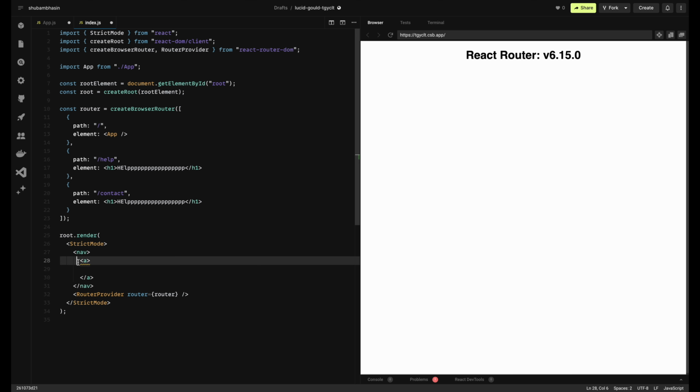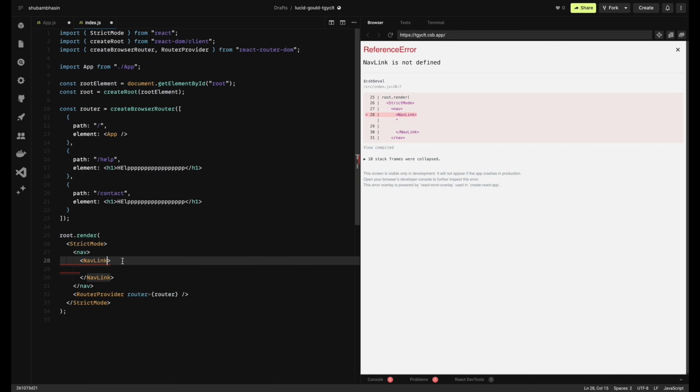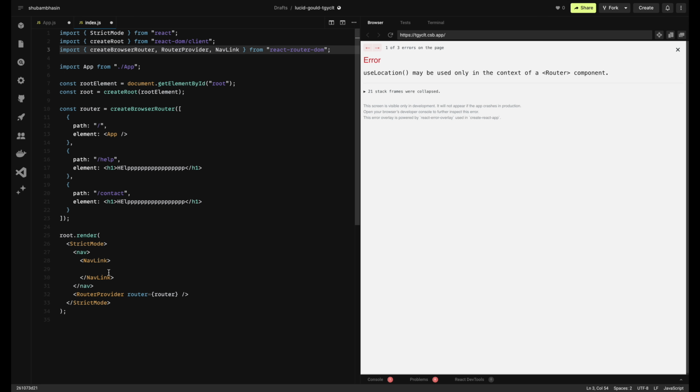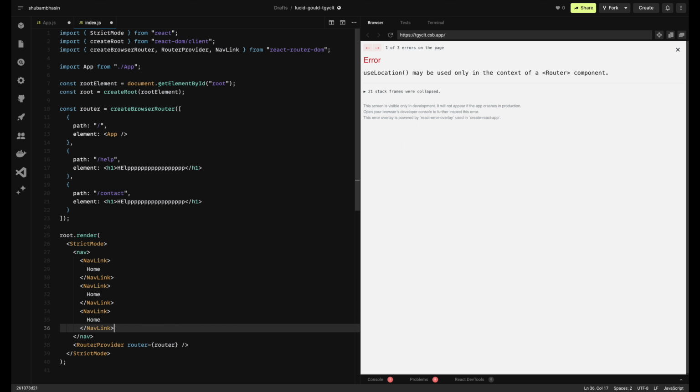Okay, just like that, these are anchor tags. But for a React router, we don't use anchor tags because they provide a refresh experience. We provide nav links, and I'll copy nav link and I'll again import nav link from React router DOM, right? So we have nav links here. Let's put the first link that says home, right? I'll copy this and I'll, yeah, home. Then the other one is help and the other one is contact, right? So we have three things going on around, and